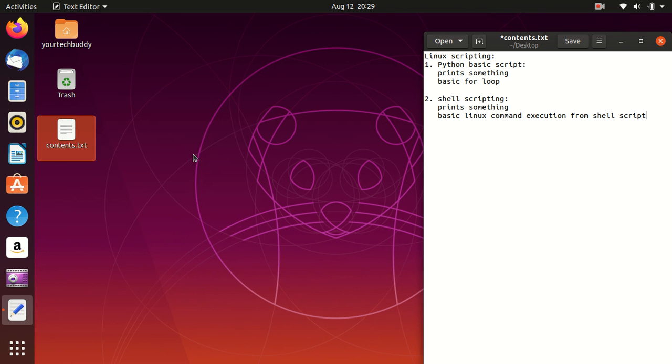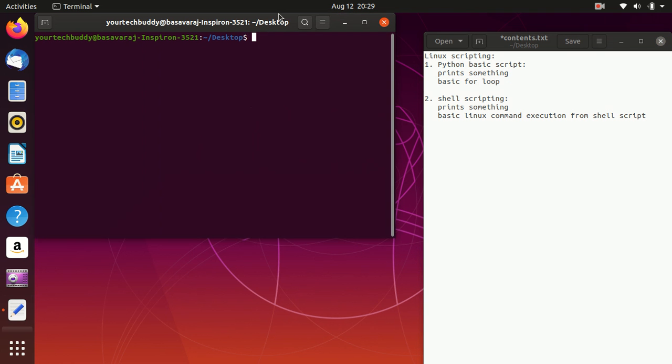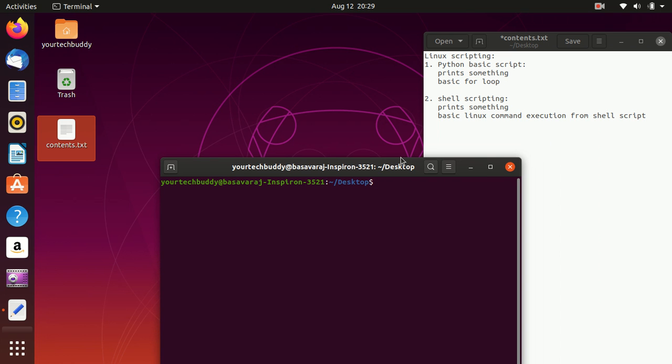So I'll open the terminal. You can see there is no file except the file which is opened here. First I'll start with a basic Python script. Let me create a simple Python script called python_test.py.